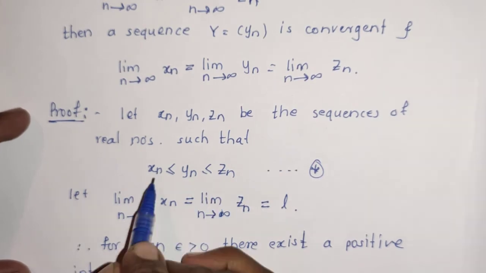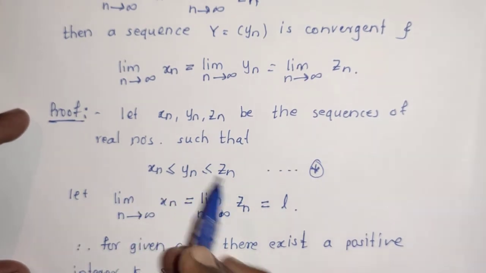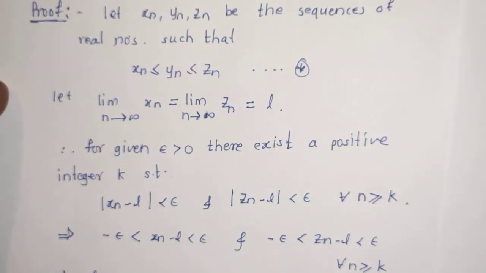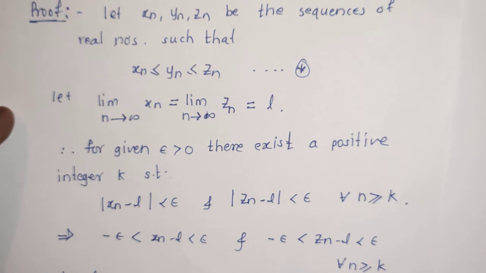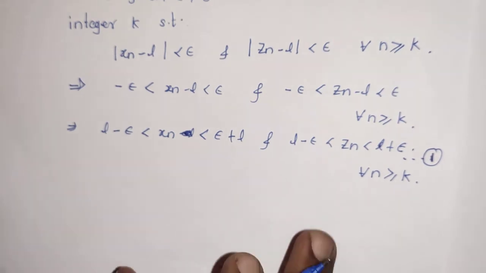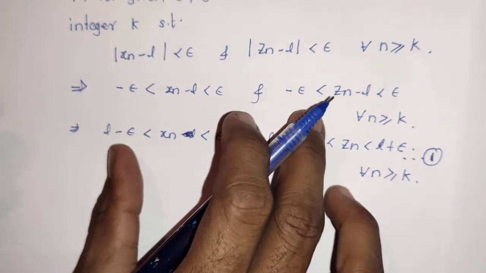By equation star we have xn ≤ yn, again yn ≤ zn, and zn is strictly less than L + epsilon. So suppose this is equation number 1. Now combining equation star and equation 1 we can write,